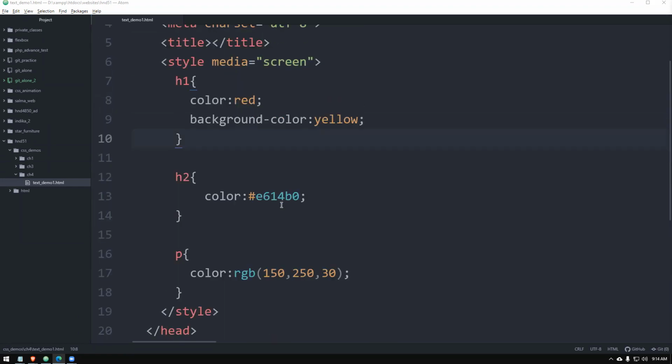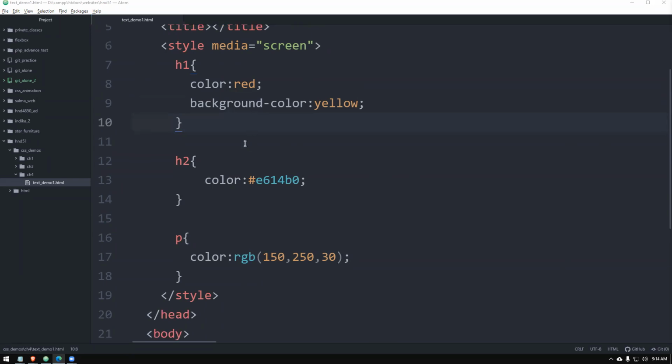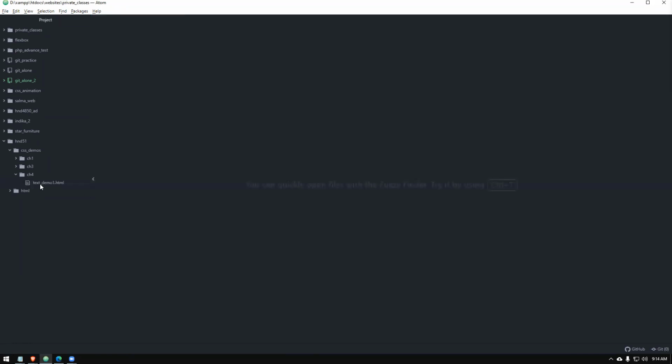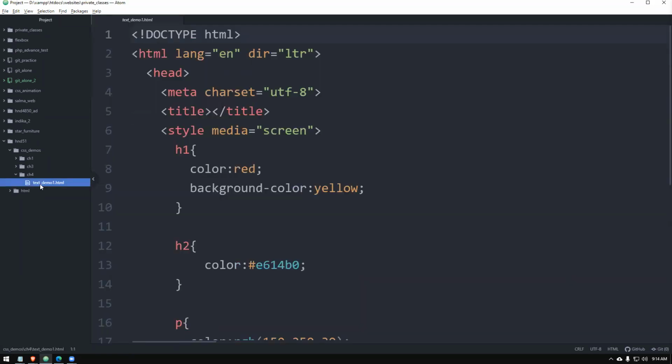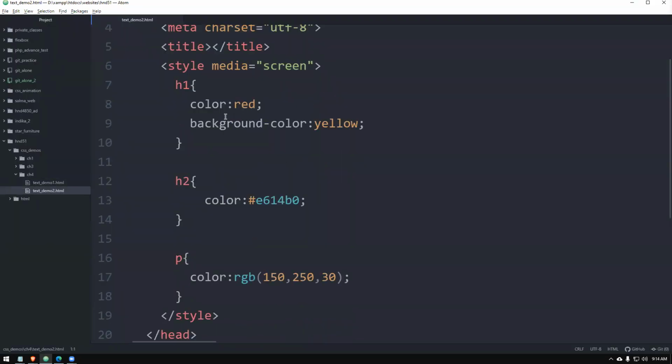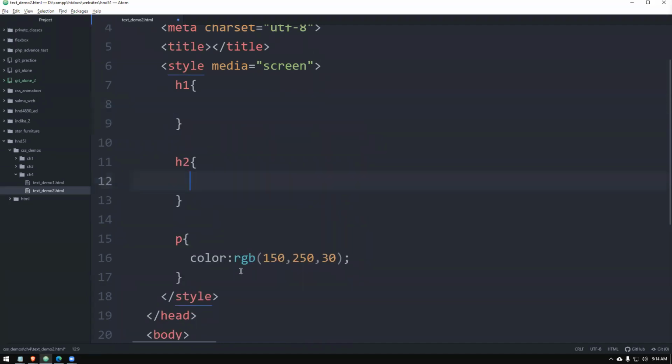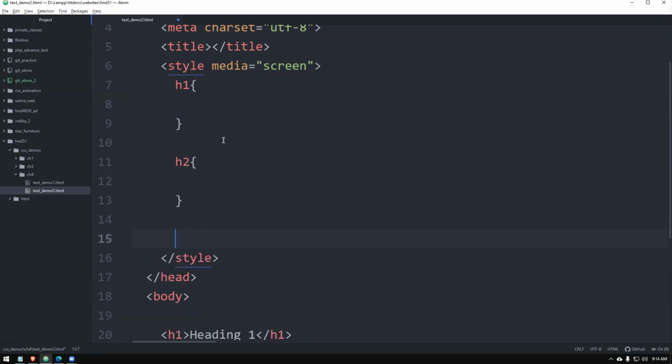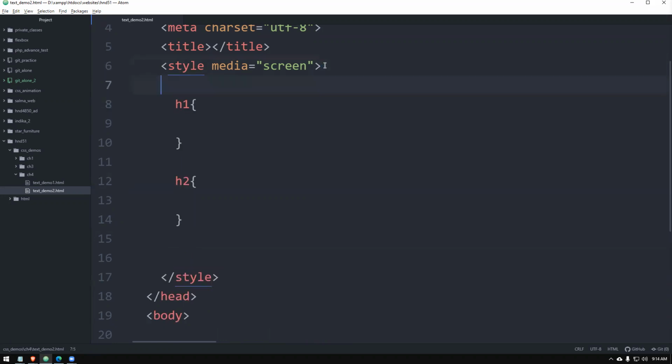So what I'm going to do is duplicate this page and erase these color related formattings, right? To do that, I'll close this page, select the same file, press letter D on Atom software. So it gives a renaming option. I'm giving it as text demo 2. So once this is ready, I will erase the colors here. I can erase these colors. So we will work with heading 1 and heading 2, no worries.